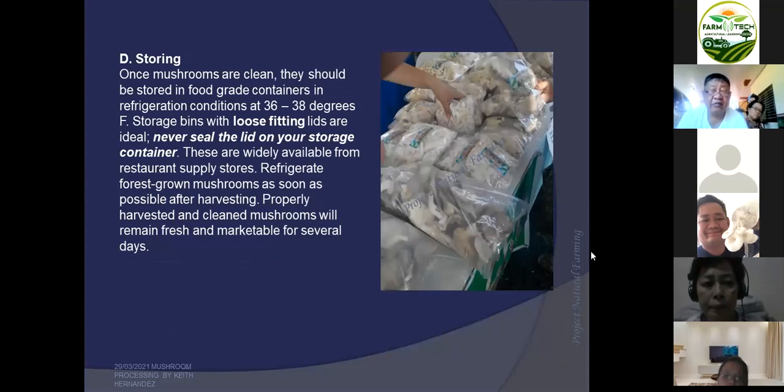Storing. Once mushrooms are cleaned, they should be stored in food-grade containers in refrigeration conditions at 36 to 38 degrees. Storage bins with loose-fitting lids are ideal. Never seal the lid on your storage container, and these are widely available from restaurant supply stores. But I will never suggest this, yung plastic. Ang dami sa atin, nagpa-plastic eh. Yan. So, ang ginagawa po dito, pag nag-plastic kayo, if ever plastic pa rin ginagamit nyo, butasan nyo po